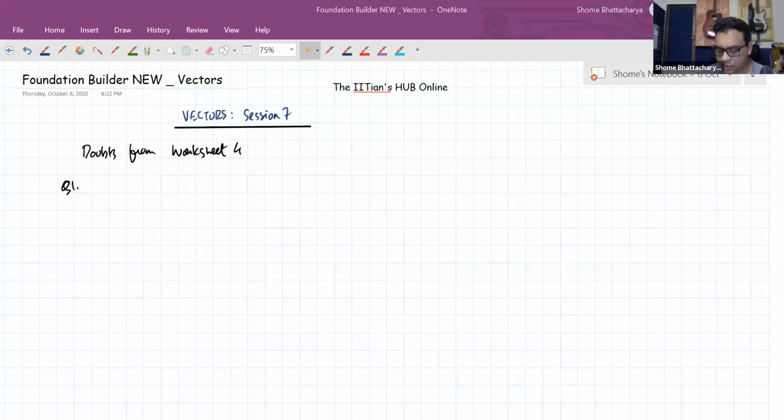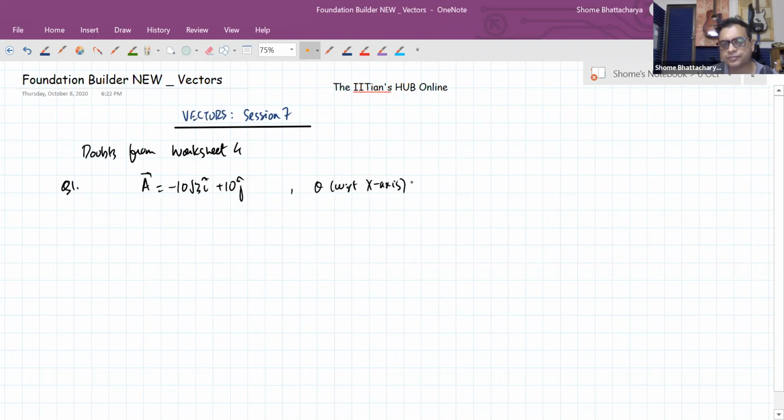Question 1 is like this: given a vector which is minus 10 root 3 i cap plus 10 j cap, you want to find the angle with respect to the positive x-axis. There are two ways we can do this. One is the formula based method. So we can see that given a vector